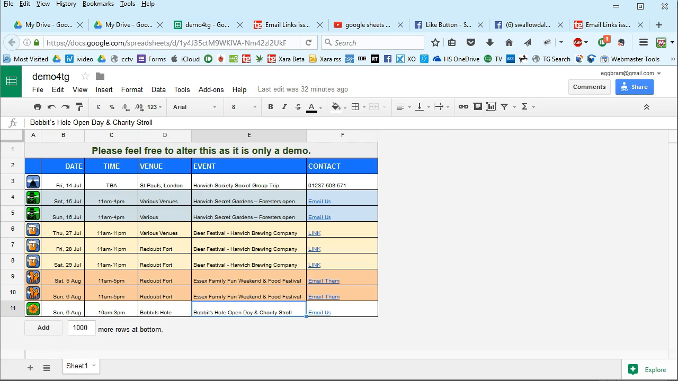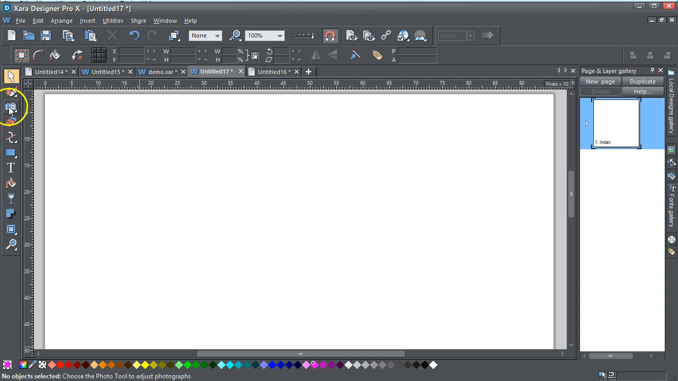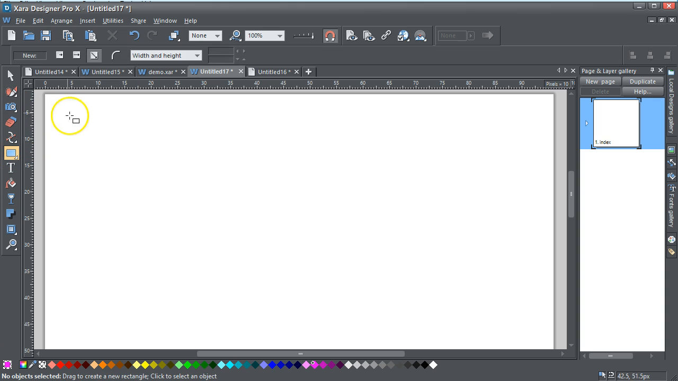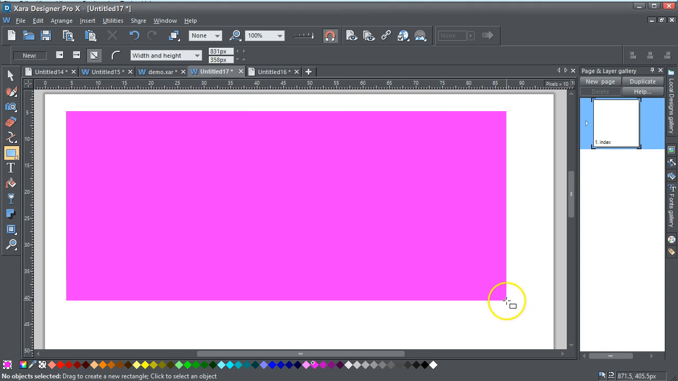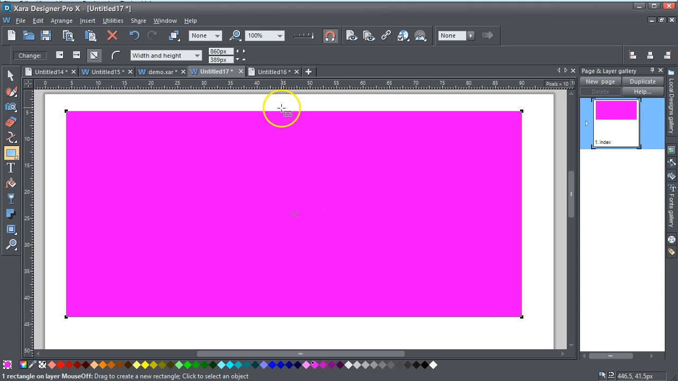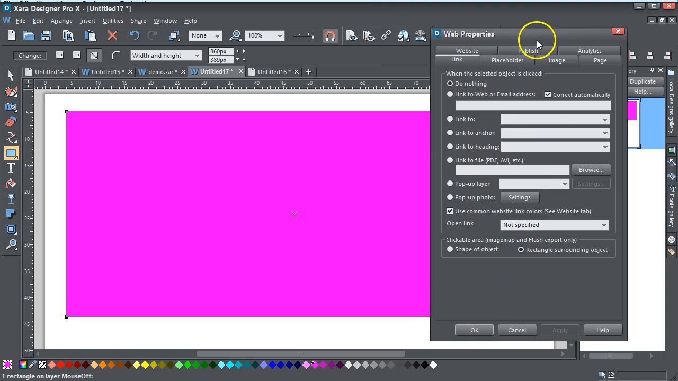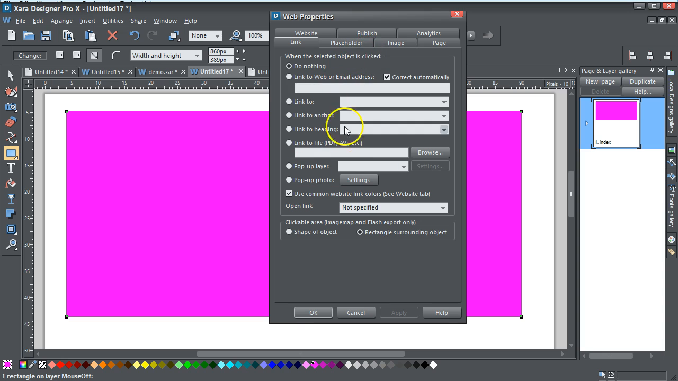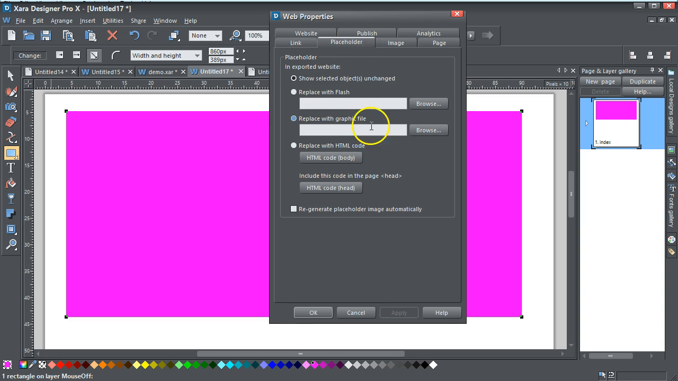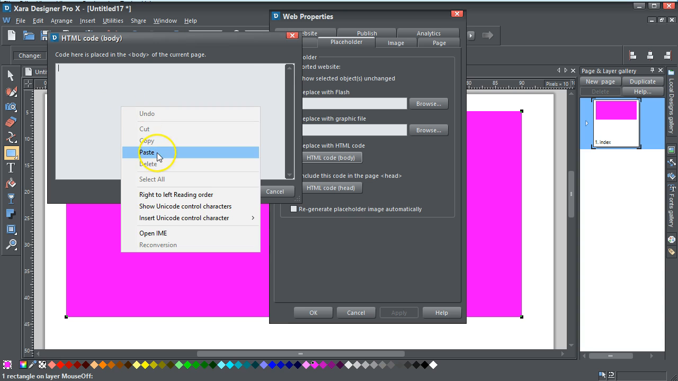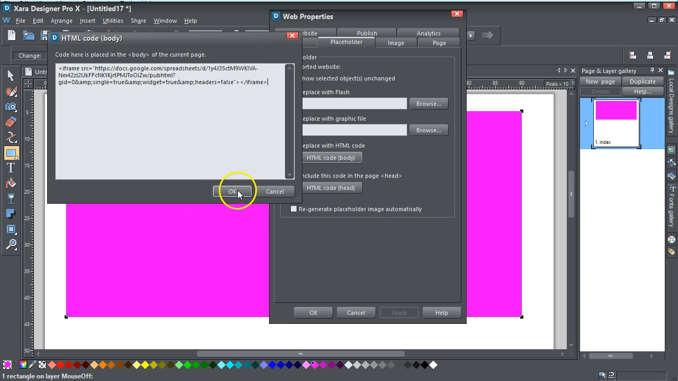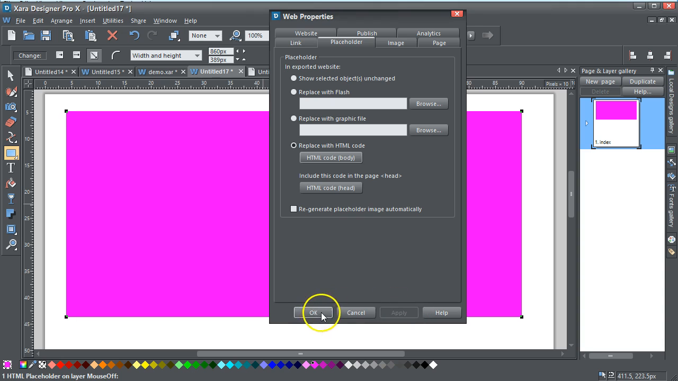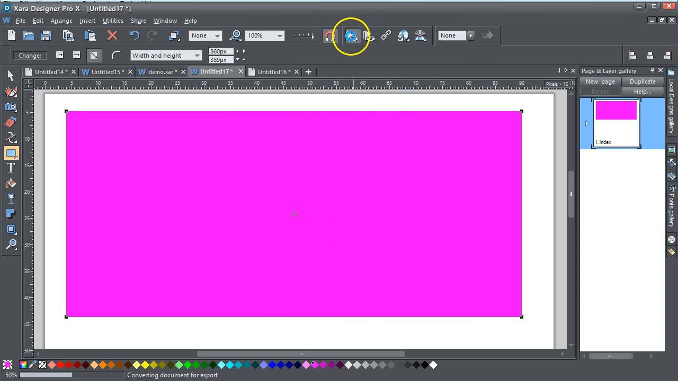That's fine. I can just leave that now and go into Xara and go into the rectangular tool, and I'll make this rectangle like that. And if I click on there, I can go into the web properties. I can go into the placeholder tab, replace with HTML code body, and just paste that in there. Click OK, apply, OK. If I preview it,